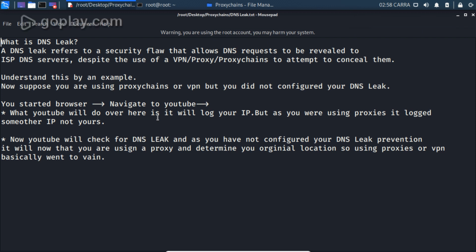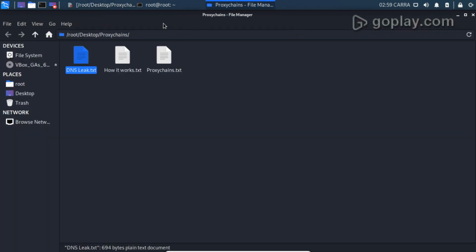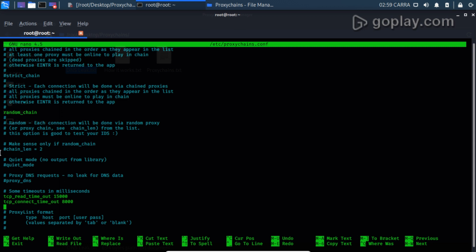After your IP is logged, YouTube will move on to a DNS leak test, and the result will determine whether you are using a proxy or not. As we have not configured our DNS leak prevention, it will determine that we are using a proxy, and it will record our original location from where we are accessing YouTube. So it is quite important for us to use DNS leak protection in order to stay totally anonymous over the internet.